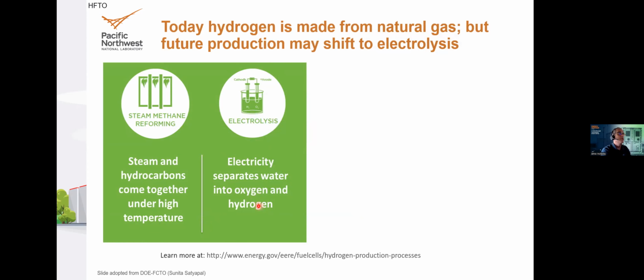So there's a lot of interest and research on making what we call clean hydrogen. And clean hydrogen is defined as hydrogen that when you produce it, you make less than 2 kilograms of carbon dioxide per kilogram of hydrogen produced. That's the official Department of Energy